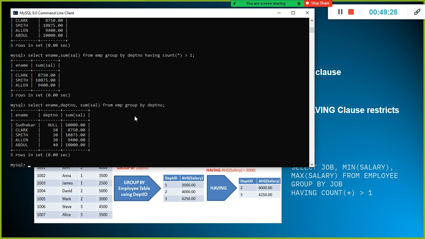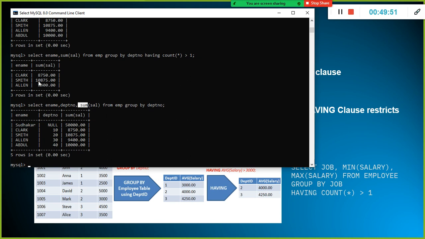Select ename, department number, group by department number. If I do this department number wise, we have something on null also in my employee table. And this is the aggregated salary for each department. What is the aggregation function I use? Sum here. And if I use count of star greater than 1, what does it say?